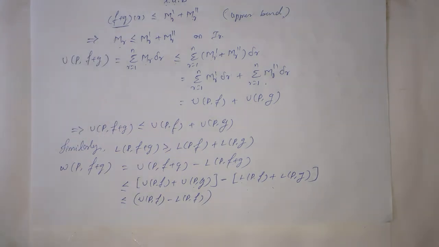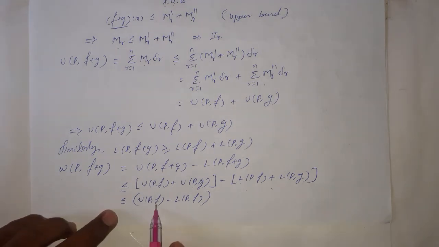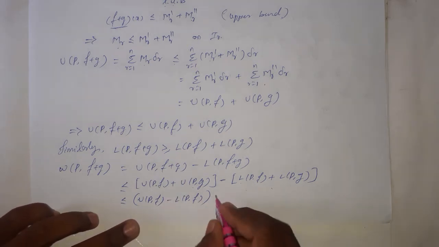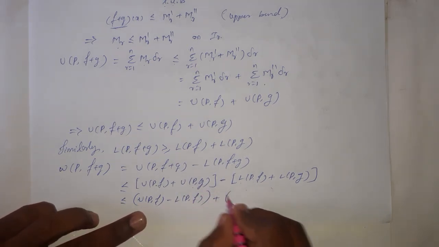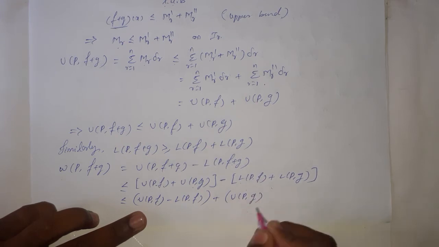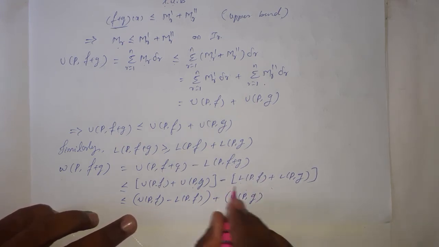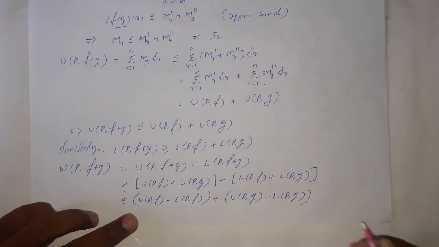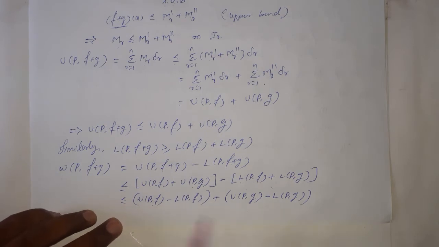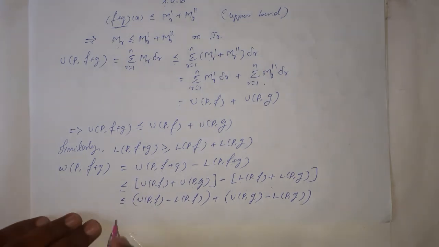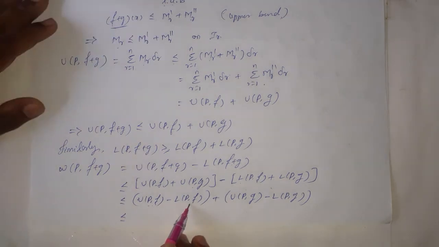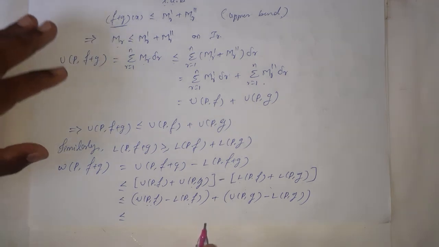We are collecting the upper Riemann sum and lower Riemann sum of the same function on one side. This is the upper Riemann sum of the function f and this is the lower Riemann sum of the function f. Then plus UPG, this is the upper Riemann sum of the function g, and here plus into minus becomes minus LPG. So, therefore, it is UPF minus LPF plus UPG minus LPG, and this is less than or equal to UPF minus LPF, which is nothing but the oscillatory sum of the function f, given by WPF plus